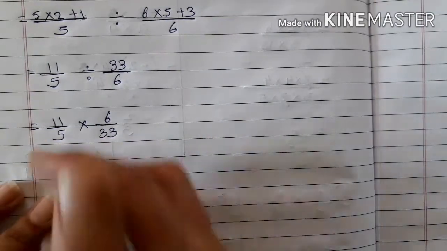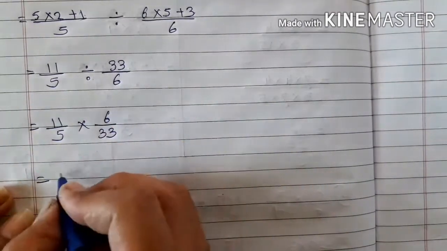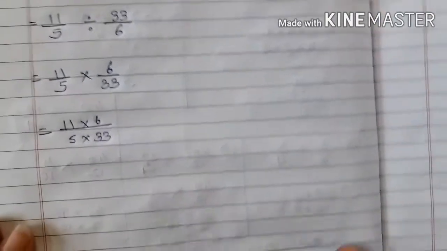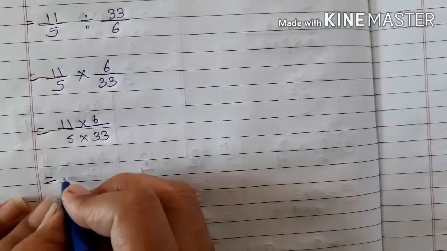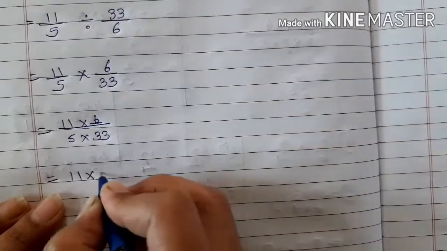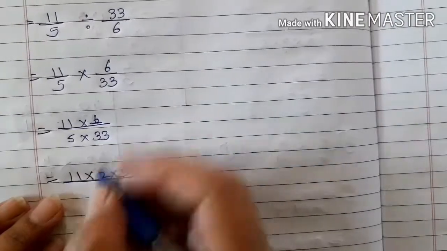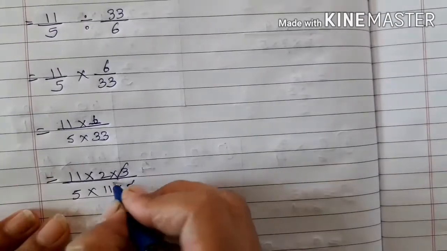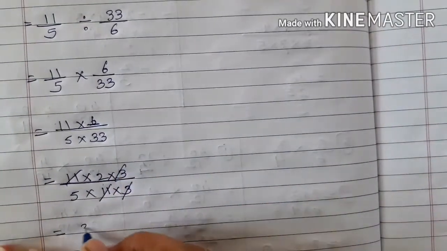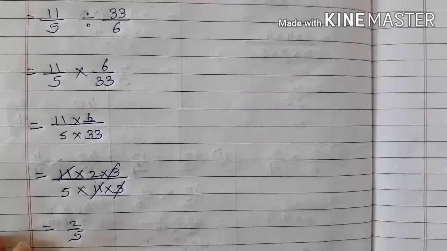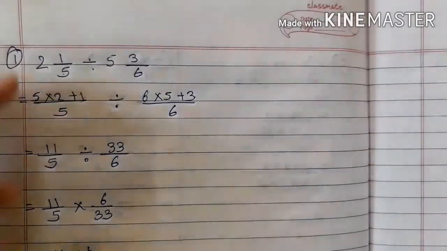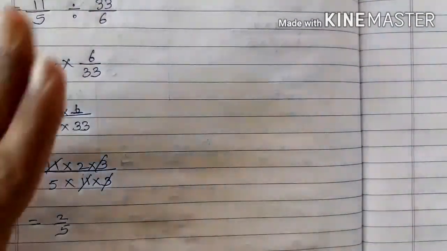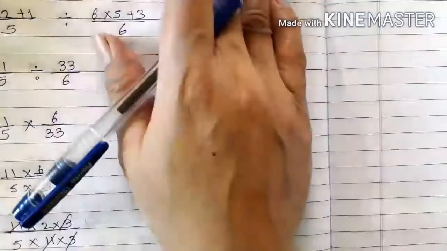Okay. Now over here what we have to do after writing this, we have to bring all the numbers under one equation, and after this we have to find the smaller numbers. 11, 2 into 3 and 33 I have changed to 5 into 11 into 3. Okay, so this 3 will get cancelled, this 11 will get cancelled, and only 2 upon 5 is remaining. Children, I hope you all are understanding it. Don't get confused. The same steps we are repeating. Okay. So you all have to just follow the steps first. Okay. Now fourth sum is same.